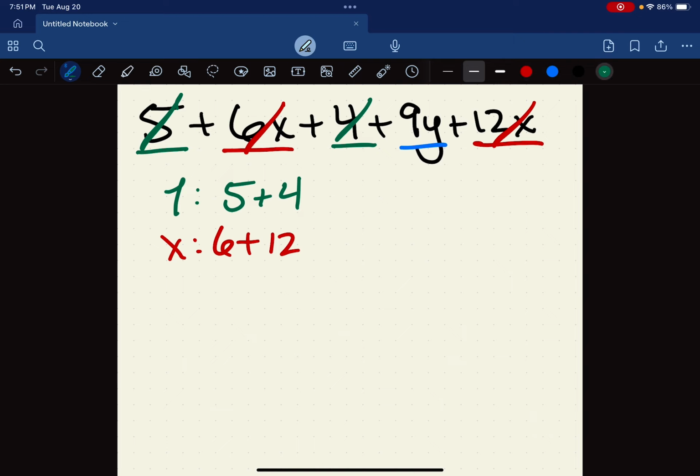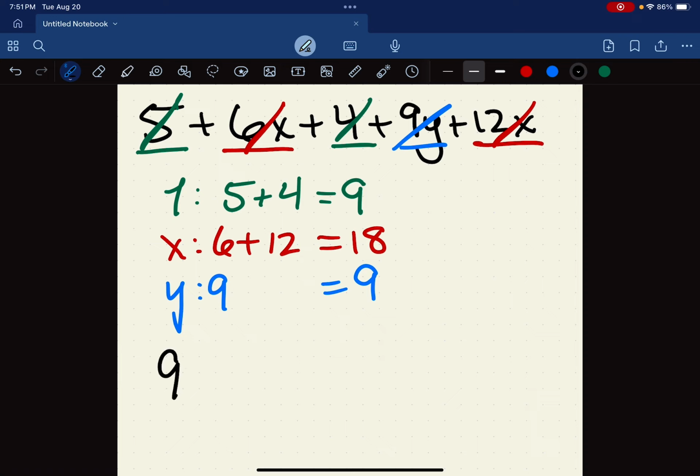And I'll go ahead and add these up now. 5 plus 4 is 9. 6 plus 12, 18. And then we have 9 y's. We'll just move that over. So altogether, we have 9 ones, right? I could write that as 9 ones, but we don't actually need that 1 there. It's kind of implied, so we'll just not use that. So 9, and then we have 18 x's